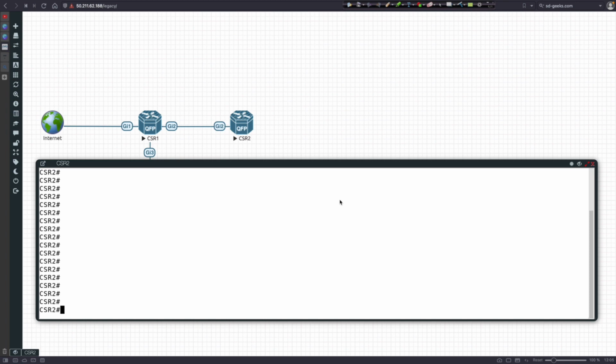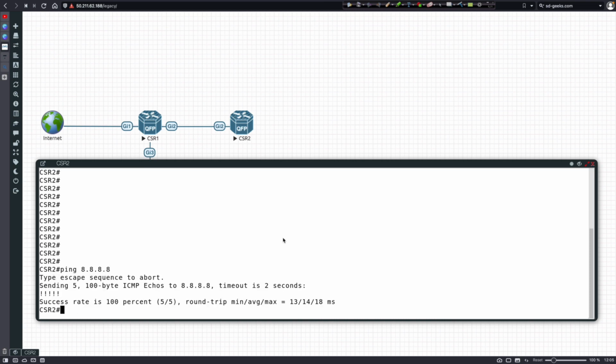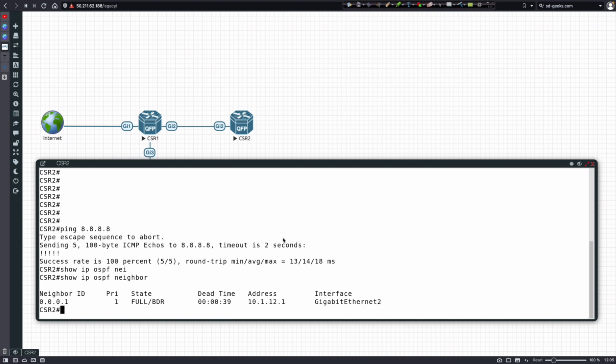In order to be able to do that, there are a few things I want to verify in my lab. First of all, I am sitting on CSR2 where we're going to implement this, and I want to validate that I can actually get to the outside world from this device. I'm pinging 8.8.8.8 from CSR2, and I'm traveling through CSR1 to the internet. And if I do a show ip ospf neighbor, we'll see that I have a neighbor adjacency with the CSR1